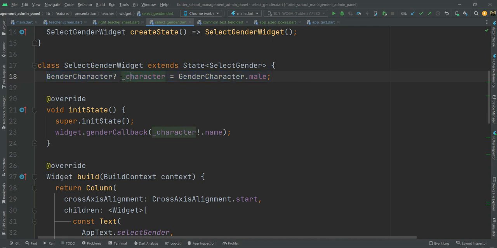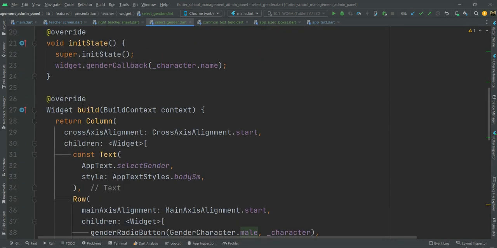It shouldn't be null. And widget.gender.callback, and I have passed in its init state its default value. In case the user doesn't change the gender type and clicks on the save button, then by default it will be